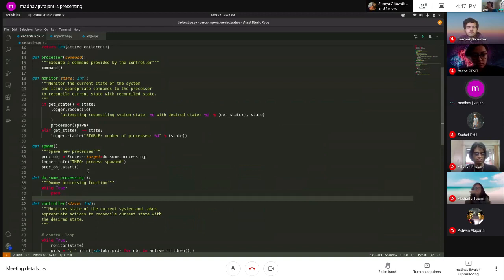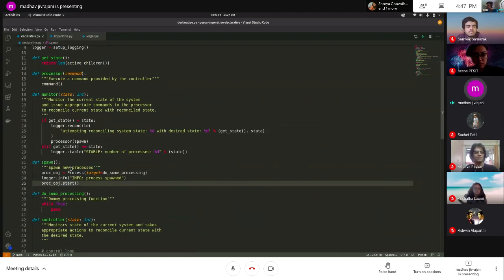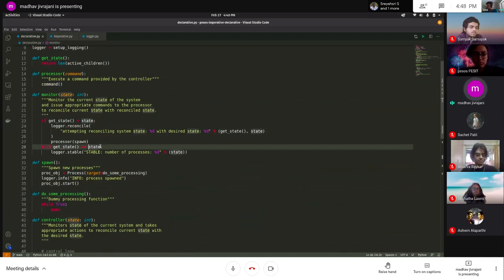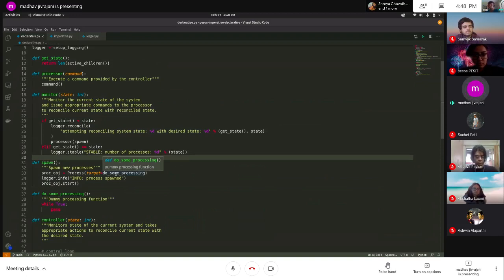It gives that the target, then says process spawned, and starts the process. But if the state of the system is equal to the desired state, then it logs saying it's stable, and the number of processes currently in the system is equal to what we would like it to be.